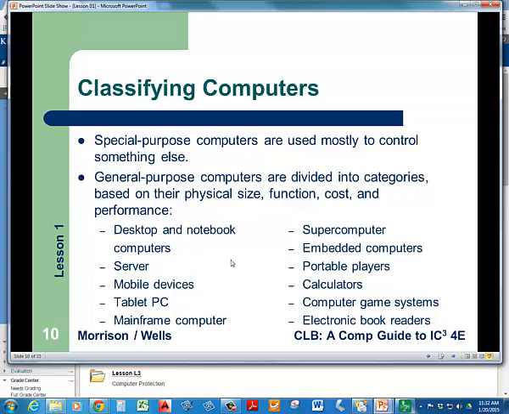When we classify them, we have special purpose computers that are used to control something else. We've got gobs and gobs of that going on now in all of our products. Just heard the other day they've invented a three-dimensional printing process that can embed some electronics into the product as it's printing it out. So circuitry and I guess some other transducers of some kind. General purpose computers: desktop, server, tablets, mainframes, supercomputers, embedded, portable players, calculators,